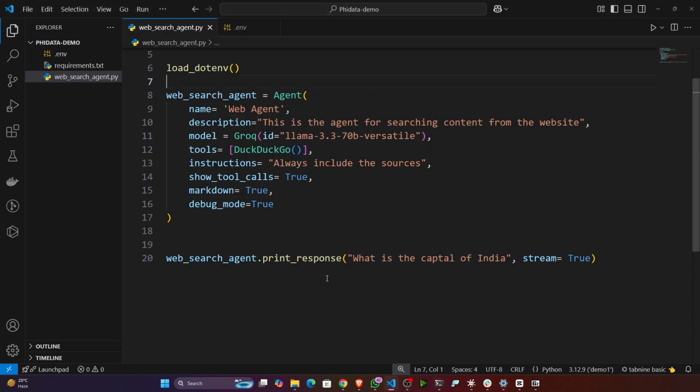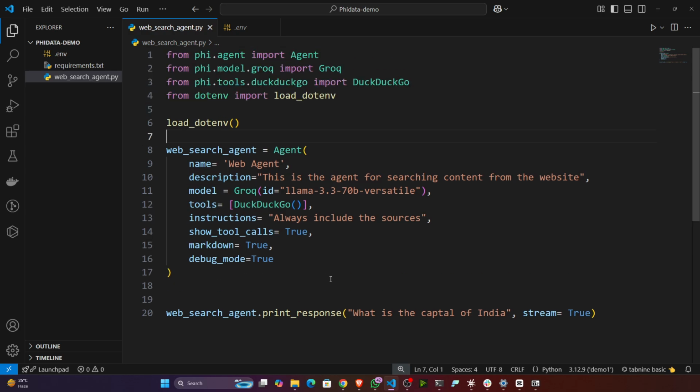That's how, guys, we can create any kind of web search agent if you want. Let's say you want to do some real-time search operation, at that time you can use it. So yes, this is all about our web search